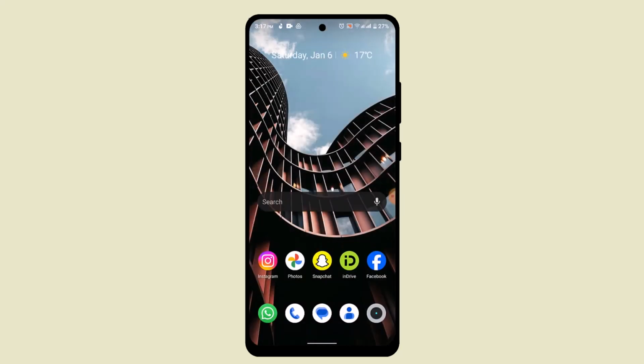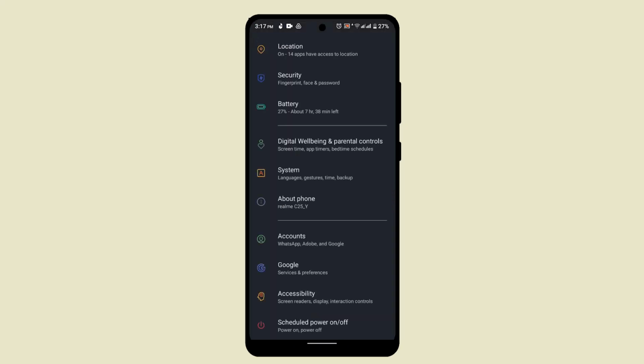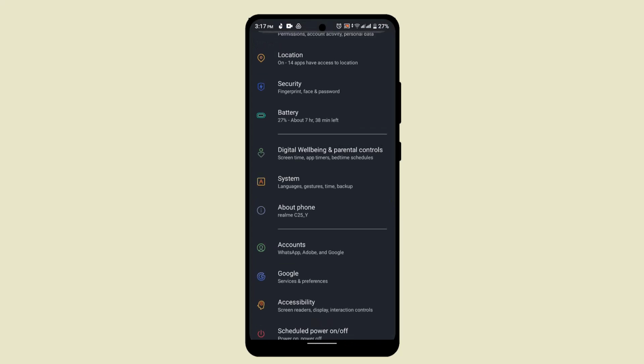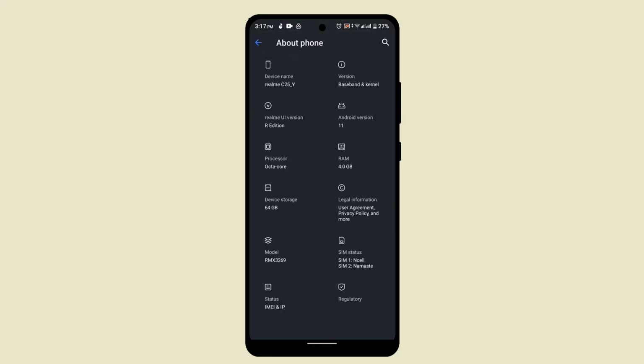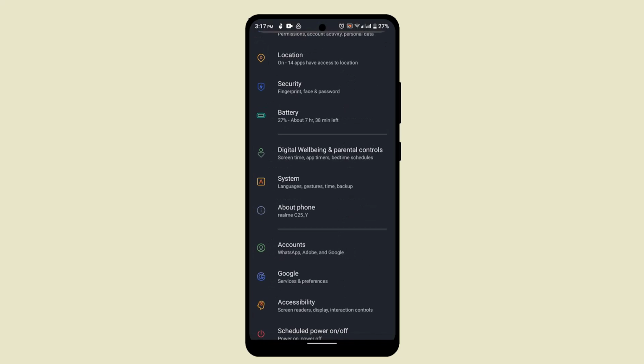So in order to fix it, all you have to do is go to your settings. On this page you'll have to go to the About Phone section. Over here you'll be able to find the build number, so you'll have to tap on it 7 times. Once you've completed the 7 taps, next what you'll have to do is